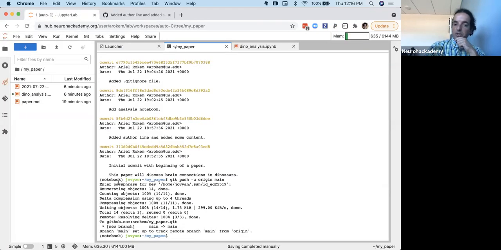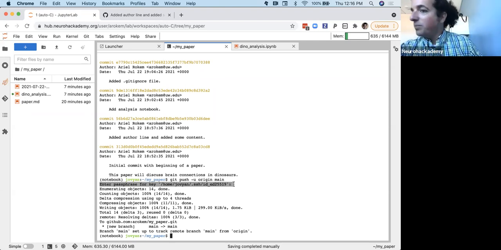Okay, let me go back to this little line here. I'm debating whether we should do this together now, because it is a few steps, but let me do that. I'll show you what you need to do in order to be able to do this authentication. What GitHub requires for authentication is